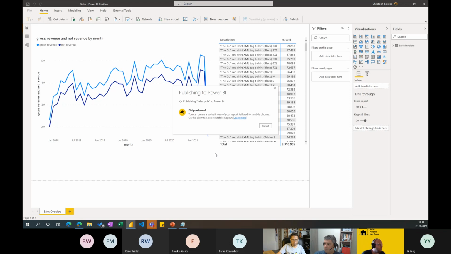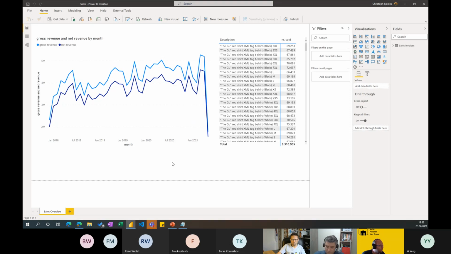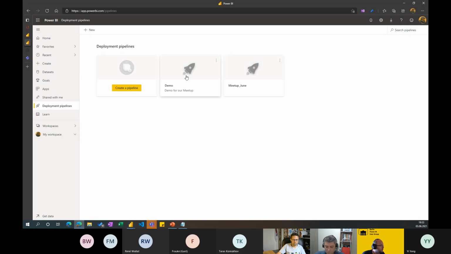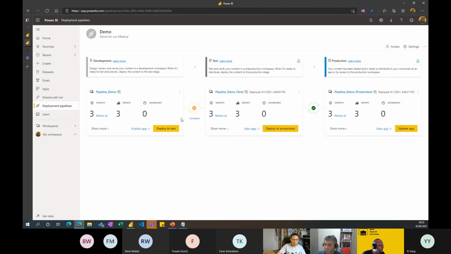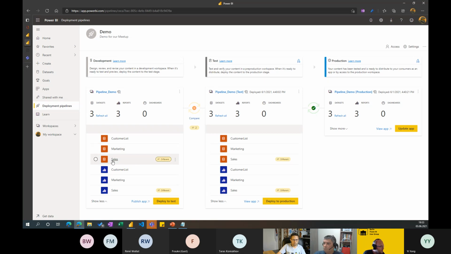And then we will see what happens, because now after this upload, our pipelines, or our workspaces, are no longer in sync. So let's go back to the pipeline, and you see it now here. I've uploaded it to this workspace, and now it tells me, hey, the development and test are no longer in sync. So I can click on this, and I see I changed the sales, both the data set